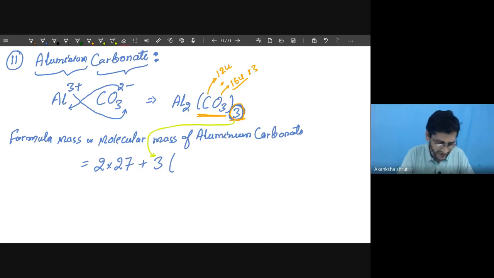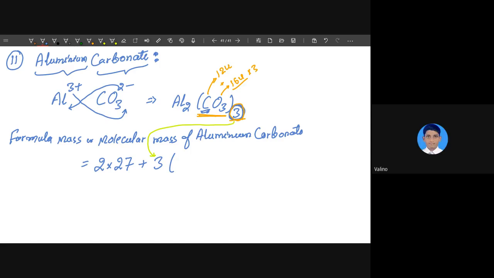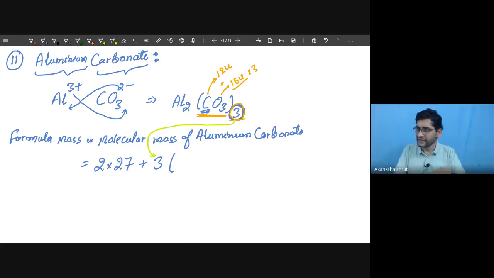Now we need to go for inside this bracket. Inside this bracket we have the carbon. So mark this carbon. Carbon is how many times inside this bracket? Once we have taken this bracket, no need to multiply the carbon by 3, because 3 is already taken outside the bracket. So 1 into the mass of this carbon is our 12, plus come for the other. Other is our oxygen. Oxygen is now present 3 times. So that 3 we have to take, and mass of oxygen is our 16.